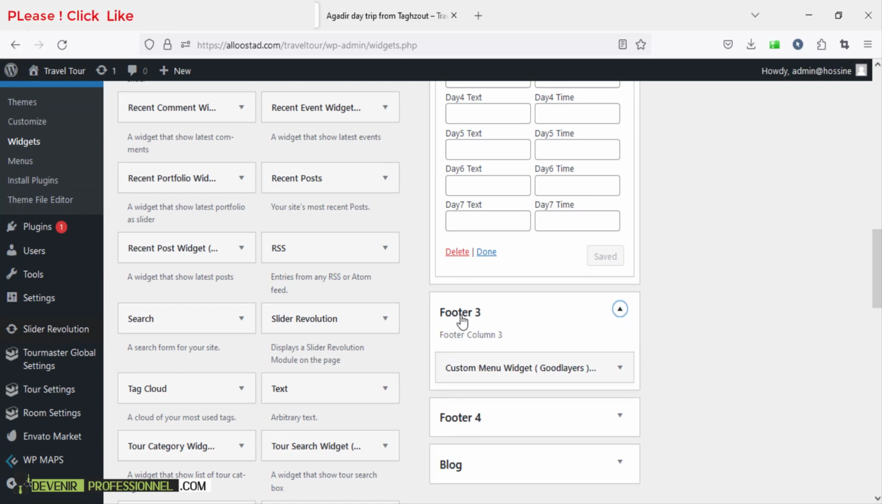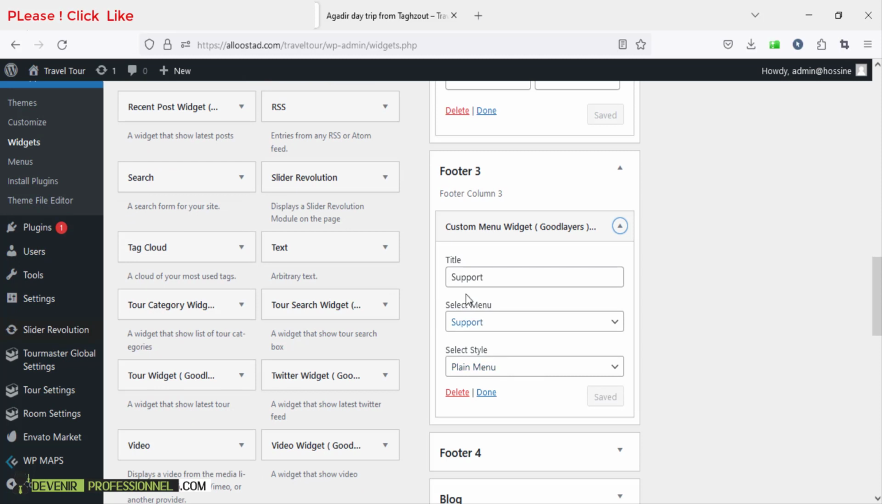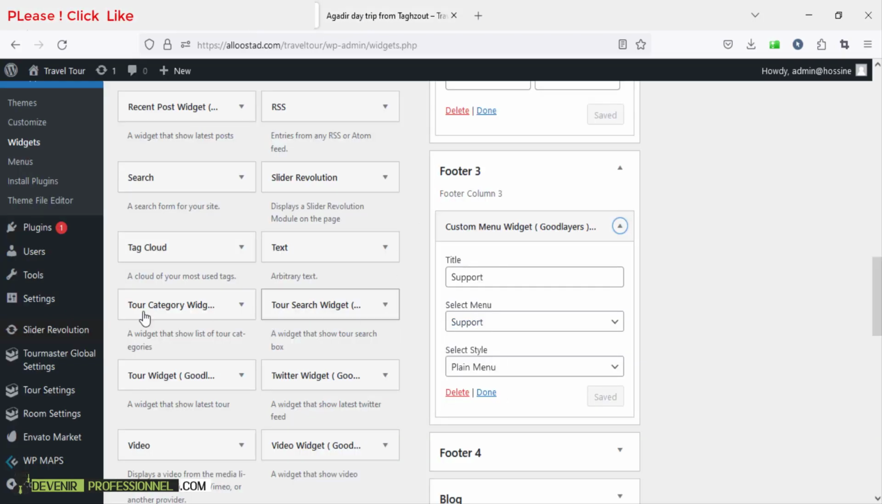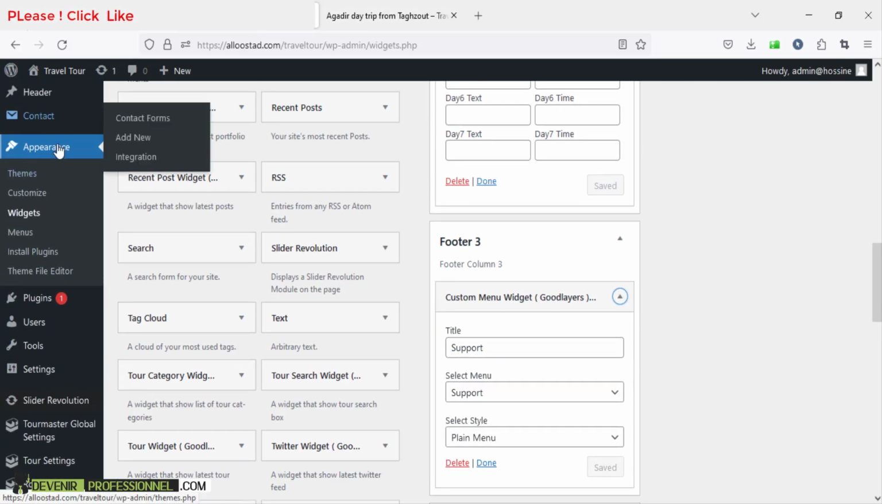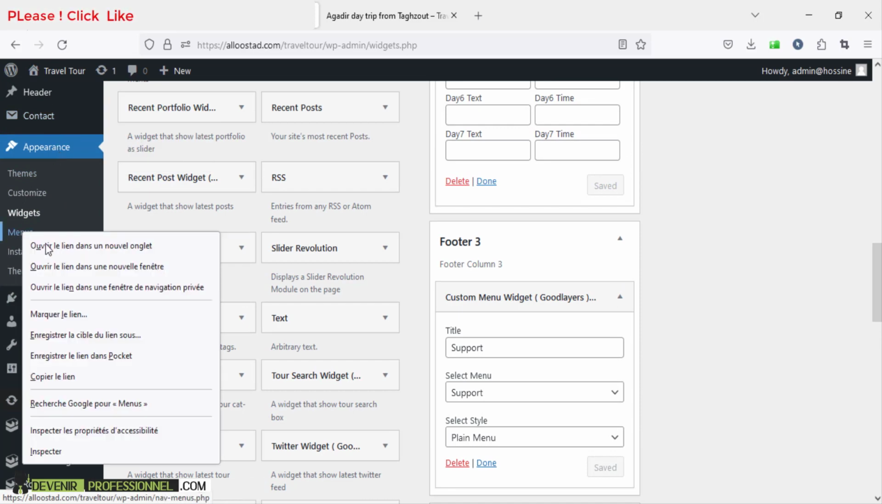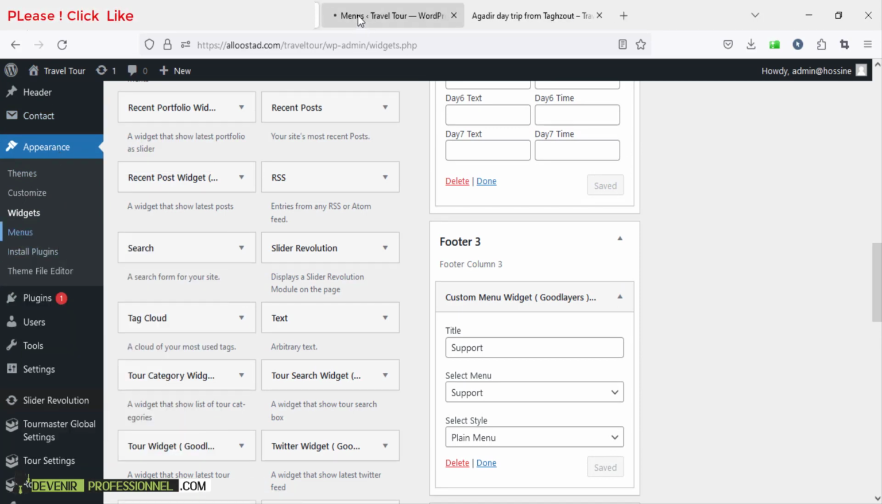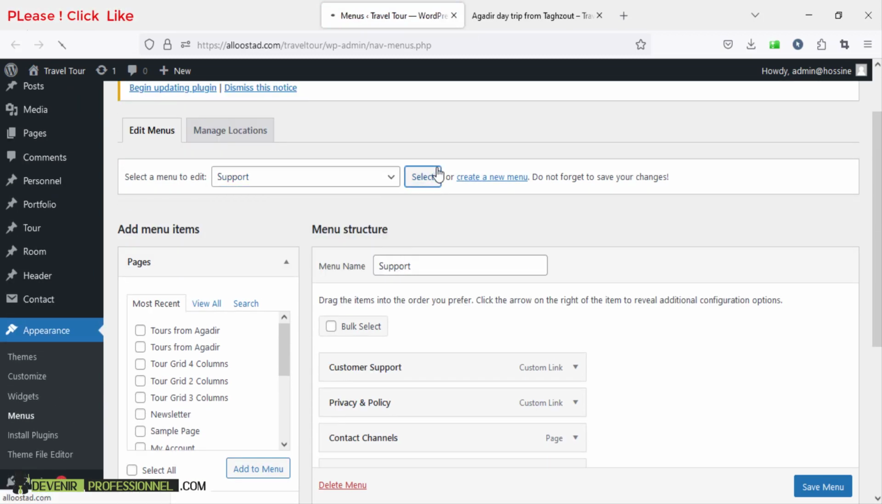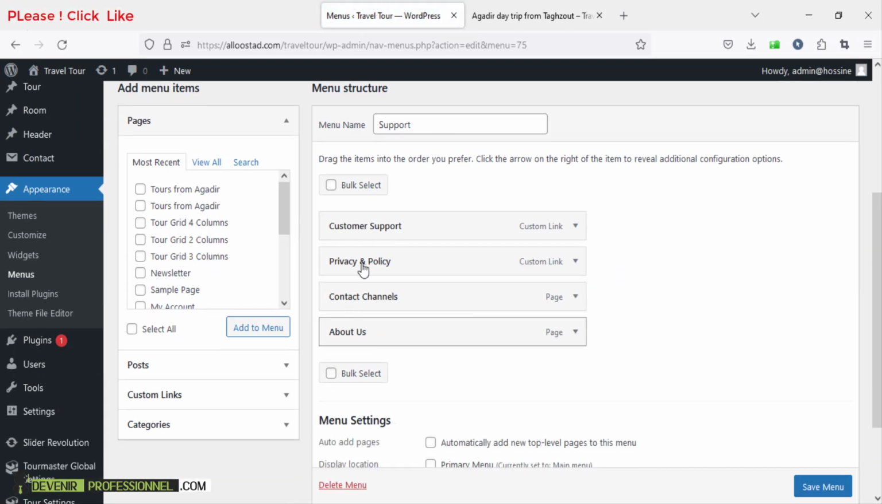For the third footer, it's about menu. Here as you see, the menu card support. If I want to edit this place, I need to go to the menu. So here on appearance, I click on appearance, then I will open this on a new page, and I will select support. So as you see, I have here